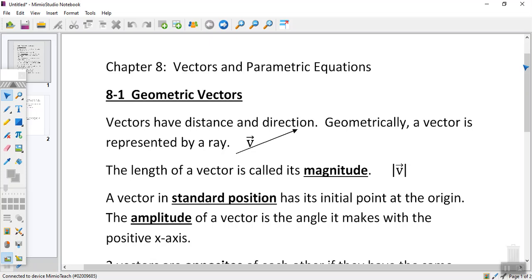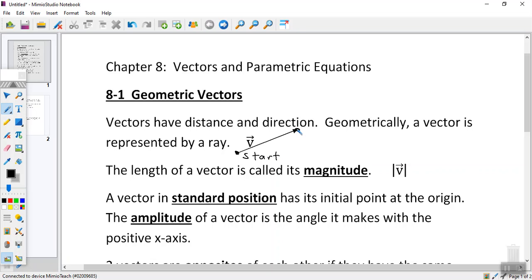Direction. Geometrically, a vector is represented by a ray. Now, guys, a ray would mean that this goes on forever. Okay? The only thing that this ray is really showing you is what direction it's going. So as an example right here, this vector basically starts here. Okay? So there would really be a starting point right here. It's moving this direction by the arrow, but technically it's not going on forever. It actually ends there. The only thing this arrow at the end of this ray is showing you really is